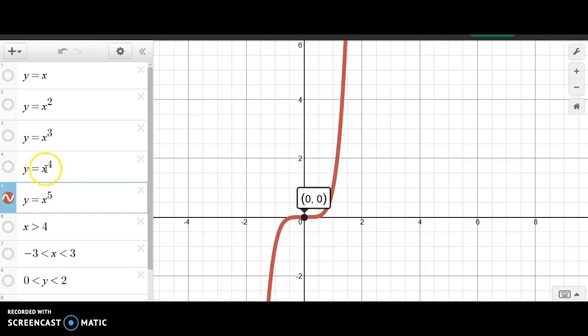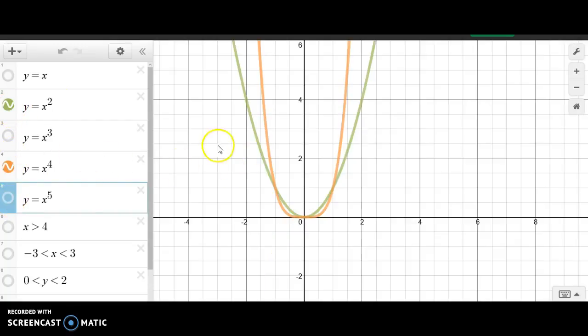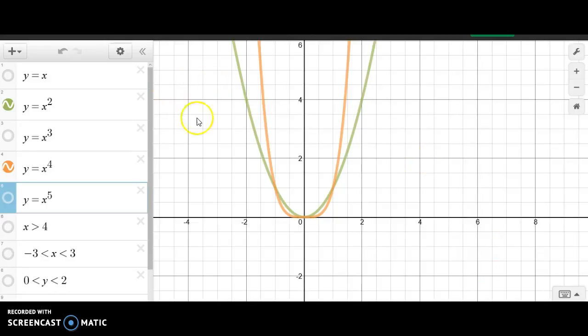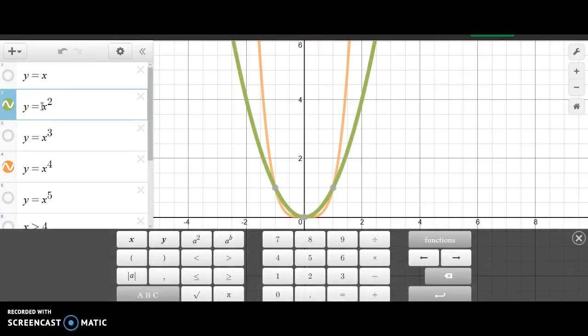So for the functions with an even degree, so that's the quadratic and the quartic, those functions have a characteristic that they come in from quadrant 2, and then they hit the x-axis and then climb up through quadrant 1. And if it's positive, that's their behavior, but if it's negative, I'll just put it in here,